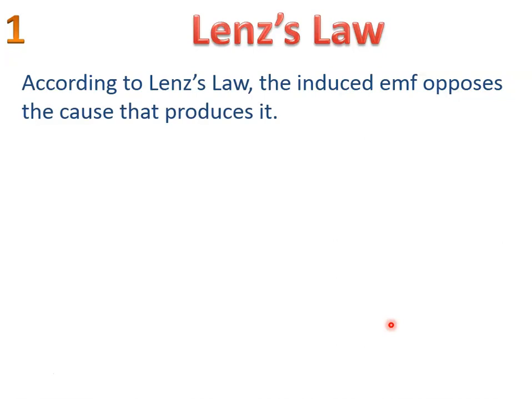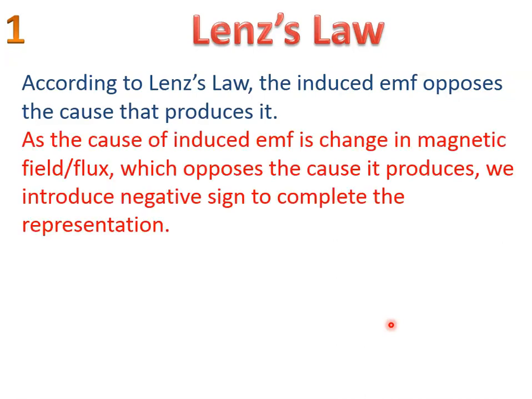So if EMF is produced because of some rate of change, then the induced EMF opposes that cause which is occurring in the time frame, and that is Lenz's law. As the cause of induced EMF is change in the magnetic field or flux, which opposes the cause it produces, this is accounted in our equation